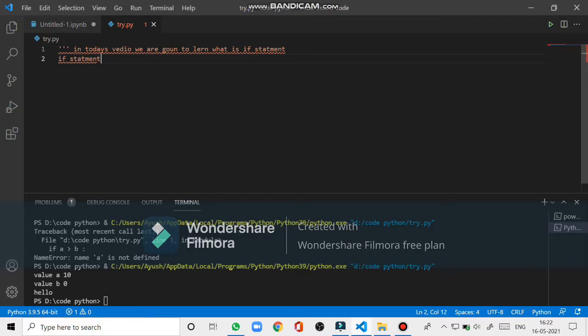And if the statement is true, then the piece of code which you have written will get executed in Python. You don't know how to use the if statement till now, but you all know what if statements are. If comes under conditions, meaning if is a type of condition in Python. You can see I'm done with my comments.